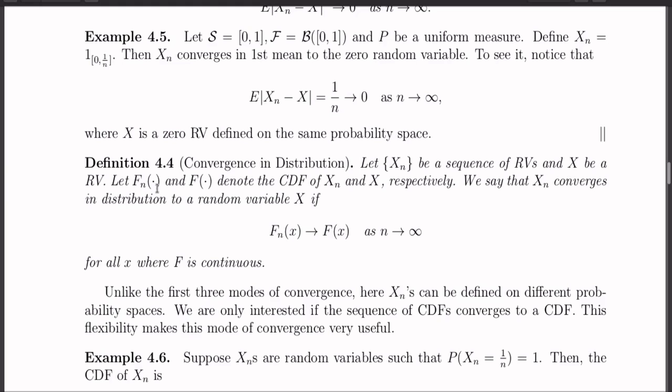So F1 is the cumulative distribution function of X1, F2 is the cumulative distribution function of X2, F3 is that of X3, and so on, and F is the cumulative distribution function of X. We say that Xn converges in distribution to the random variable X if Fn converges to F pointwise as n goes to infinity, that is, Fn(x) converges to F(x) pointwise as n goes to infinity,